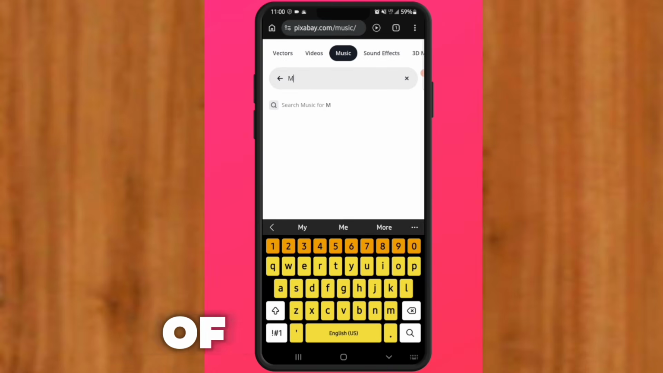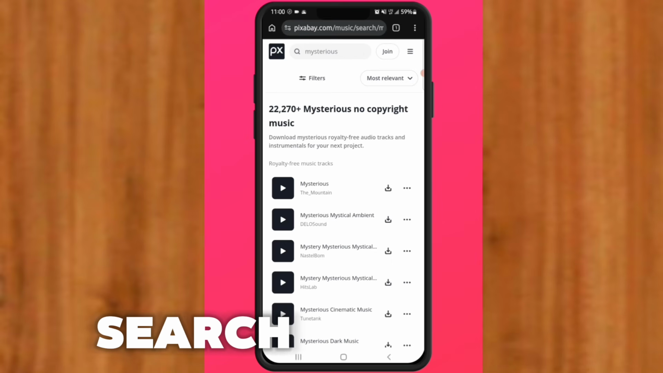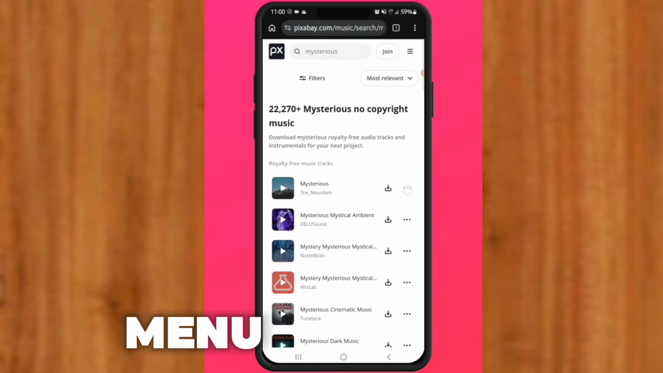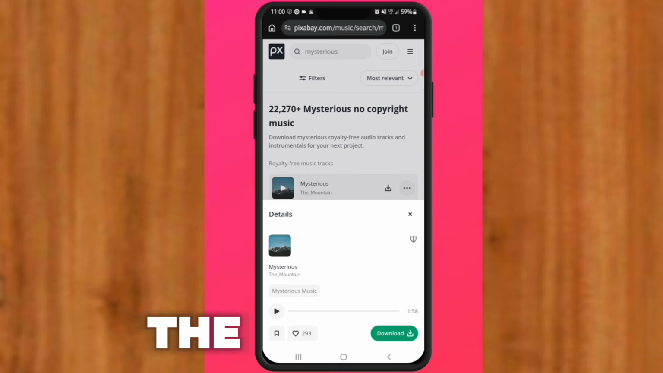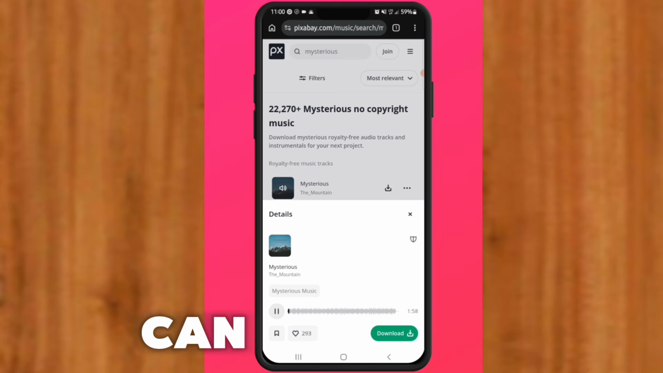For me, I love this type of song, Mysterious. I will then search for that and click search. Now, these are the results from the search. Then you can preview or tap the three dot menu on any of the songs and preview the song. Once you are done previewing the song, you can click